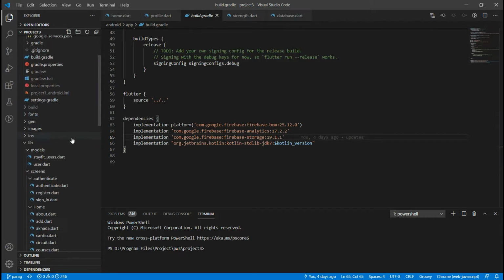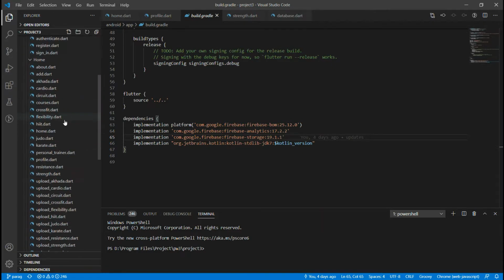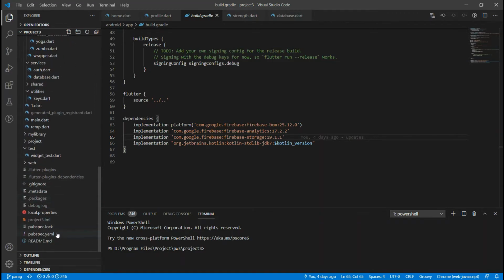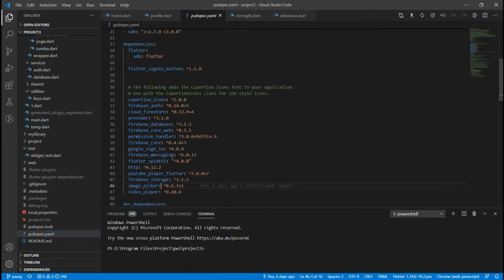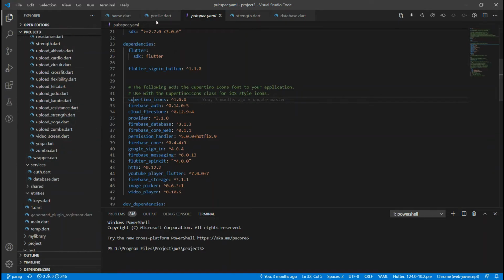Okay, so the second thing that we have to do is go to pubspec.yaml, and we have to add some really important dependencies which will help in getting the packages to upload that image. The first one is image picker, which helps us pick an image from somewhere, and then Firebase storage. The other things that we need over here are provider and Cupertino icons. Okay, then let's go to upload images.